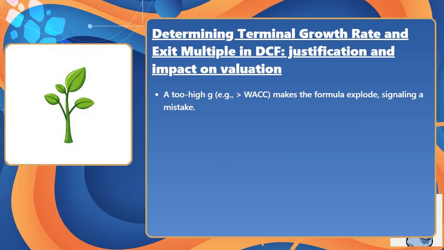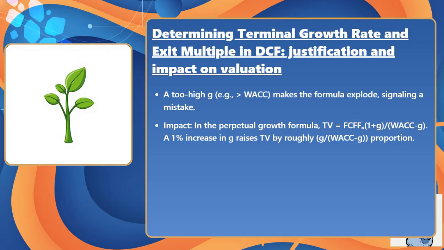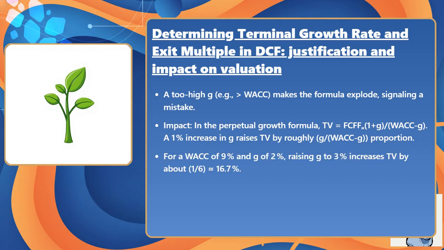A too high G, for example greater than WACC, makes the formula explode, signaling a mistake. Impact in the perpetual growth formula: TV equals FCFF sub N times open parenthesis 1 plus G close parenthesis divided by WACC minus G. A 1% increase in G raises TV by roughly the proportion 1 divided by open parenthesis WACC minus G close parenthesis. For a WACC of 9% and G of 2%, raising G to 3% increases TV by about 1/6,